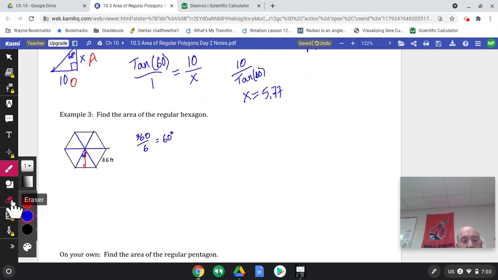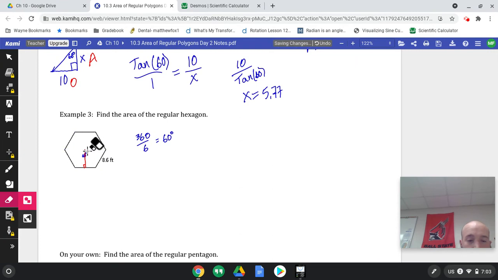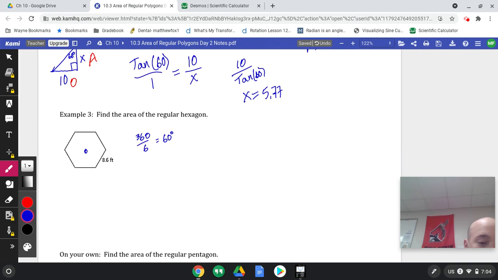Let me clean this up a little. So I got to get those out of there. But keep in mind, it's still going to be very similar. So actually, I can leave that because it will be the same shape, 360 divided by 6. There are 6 sides here, so that will be a starting point. Once again, you start in the center. You draw the radius, draw the apothem. If I would zoom in on that,